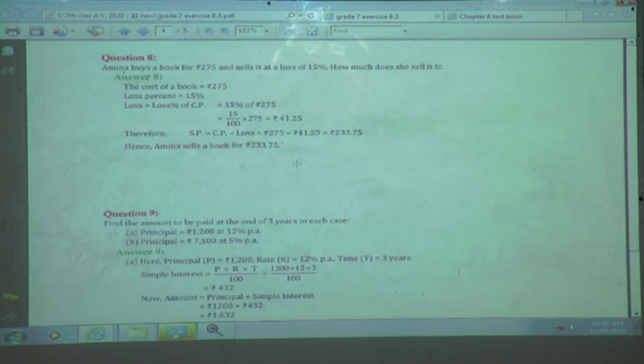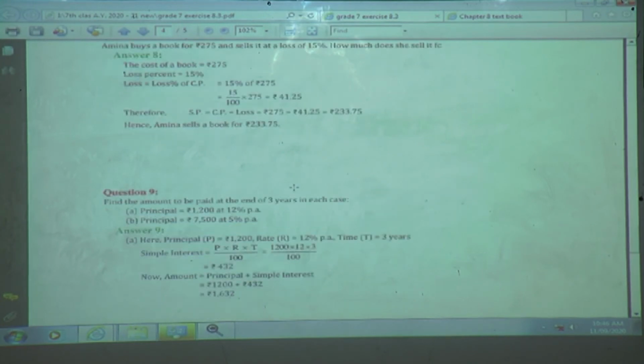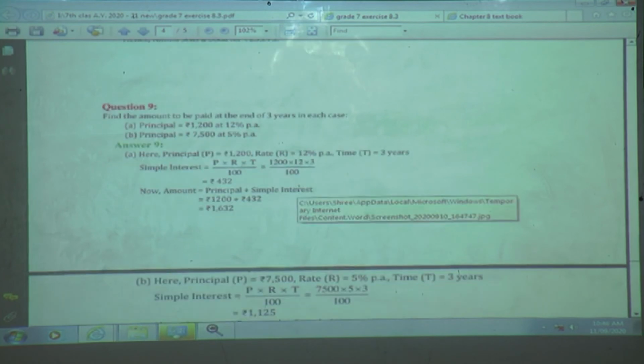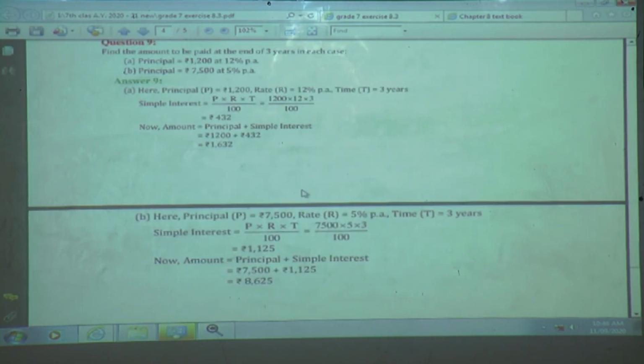So in this way we have different situations, and if it is a loss, we know the formula. If loss percent is given, then we can find out that loss percentage by using the formula. Now here we will go for some simple interest, the principal amount which was borrowed from the bank. We will see what the examples are here.